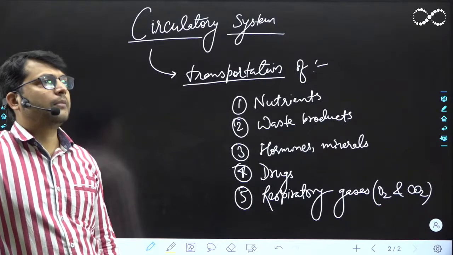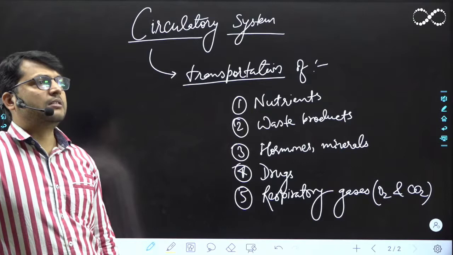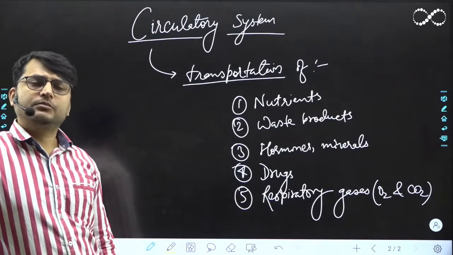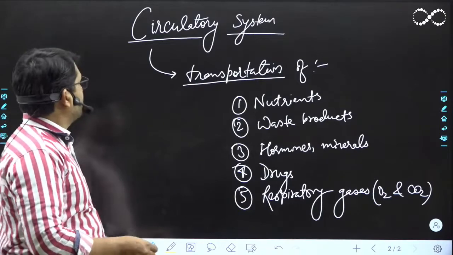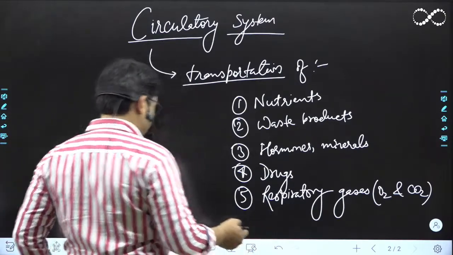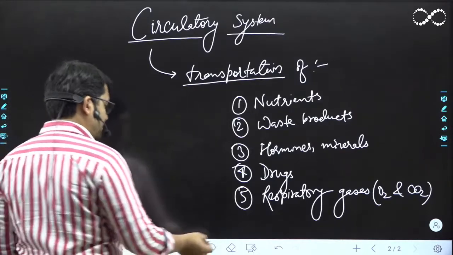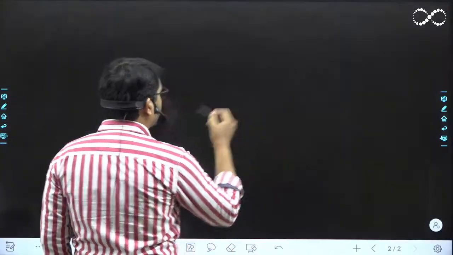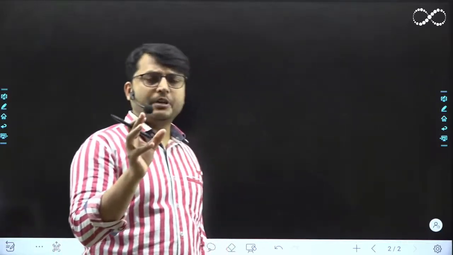That also is going to give you an idea what they are trying to ask. Okay, yeah. Mostly if they are just saying that in plasma, you write 3%. Okay? If they are asking in the form of bicarbonate ion, you write 70%. Okay. तो सर्कुलेटरी सिस्टम का मेन फंक्शन आपको समझ में आ रहा है, राइट?